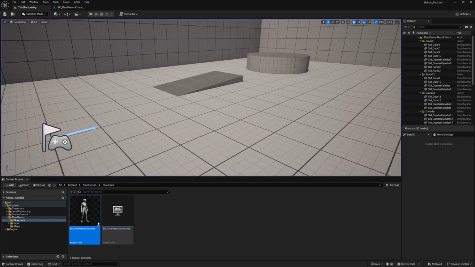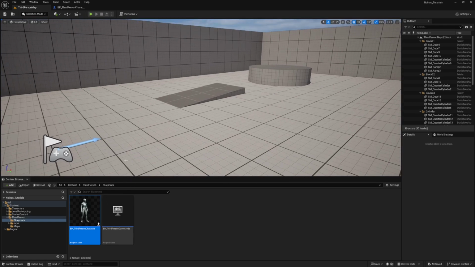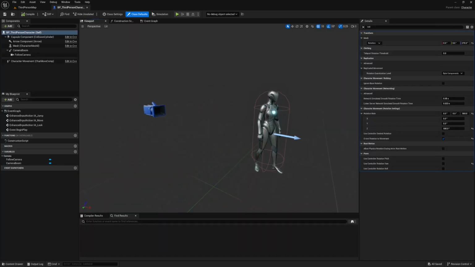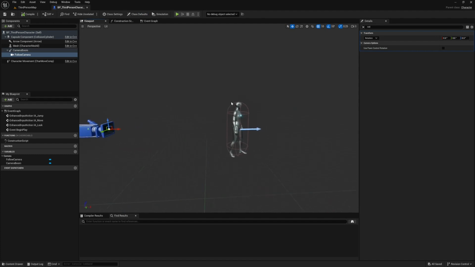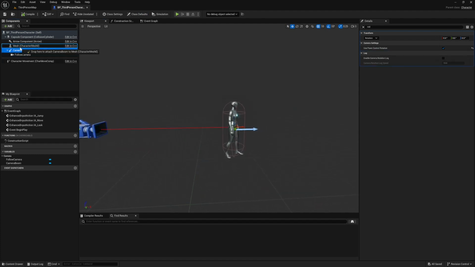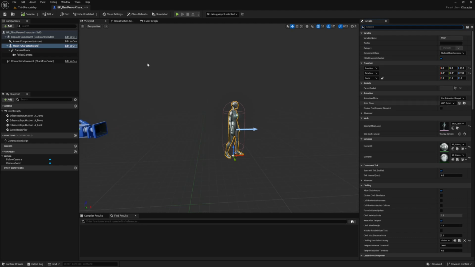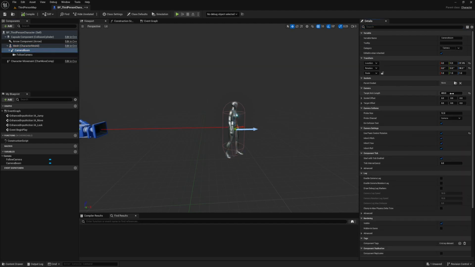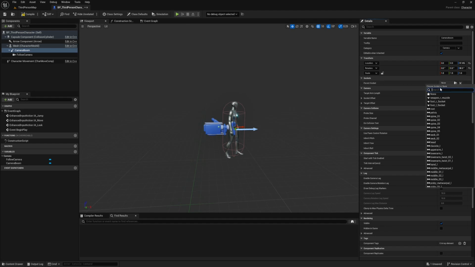I'm just using this one because I want to have the body in the first person perspective. So first thing you do is drag the camera boom and parent it to the mesh. Let's reset the arm length to 0 and attach it,